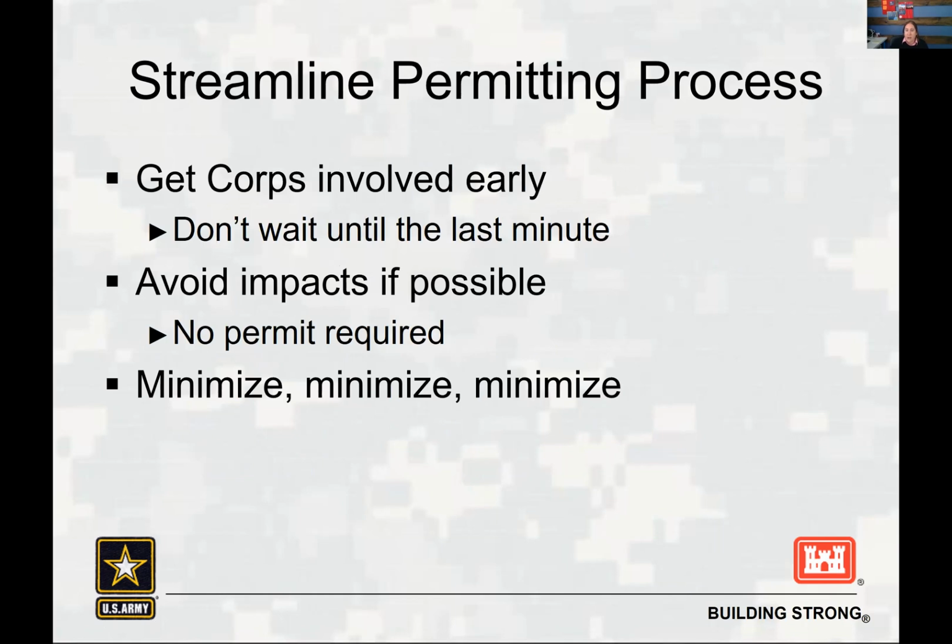Don't wait until you have the contractor in your backyard ready to get started. And I've had that multiple times when I've had applicants call me and tell me, my contractor is waiting, I need to get my permit tomorrow. And that is not something that we can do because we need to go through our evaluation process. So just make sure that,